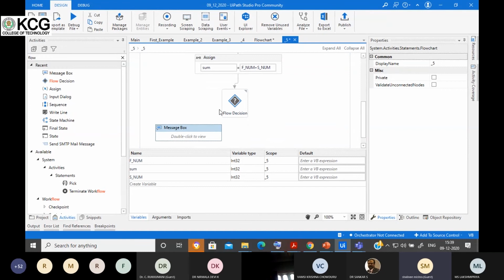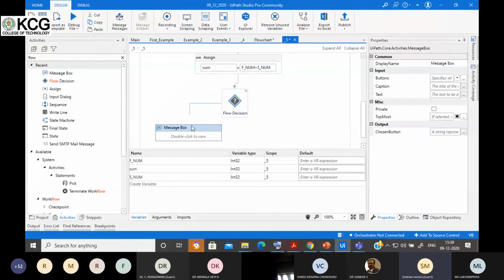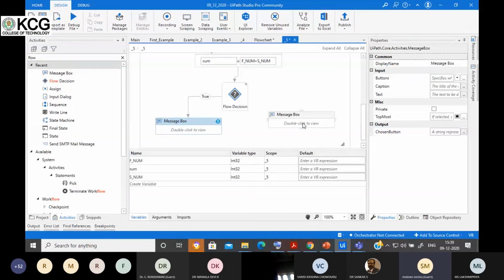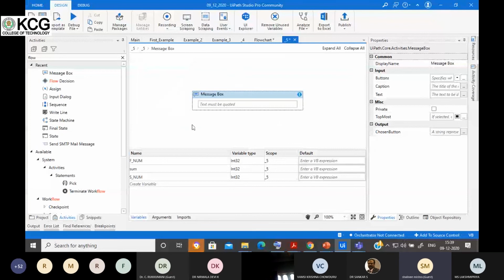So here I'll use this message box, and if this is false then again I'll use the message box only to display. Sum is less than 20. Okay, this is done.